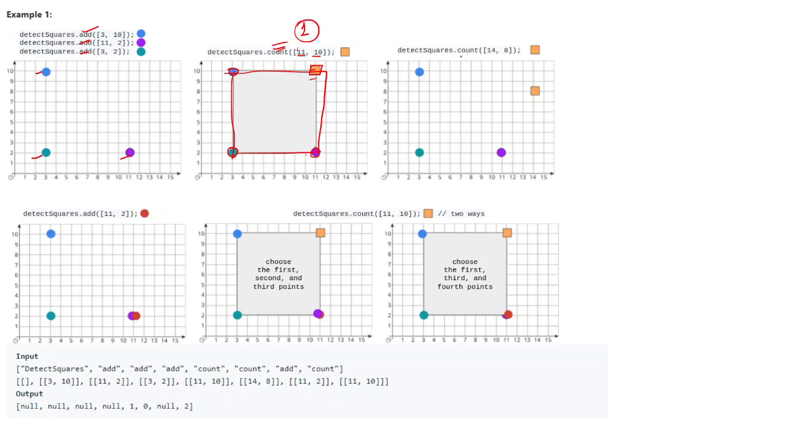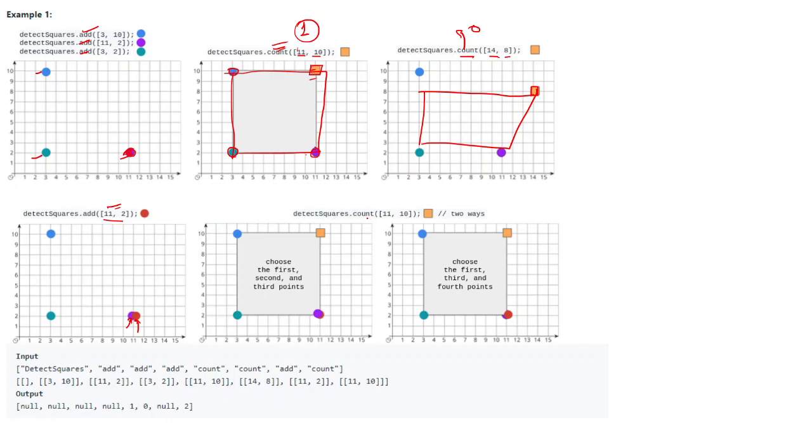Now when this particular count is again called with this particular coordinate, see this is the coordinate. So basically first you will check whether the square can be formed itself or not. So here you can see that square cannot be formed, okay, in any way. Okay. Now if the square itself cannot be formed, then the number of squares is a vague question and we will return 0 here. Then they have added 11 comma 2. Keep in mind that they have already added 11 comma 2, so here they are adding duplicates, and you can see they have provided 2 colors for it. That is, they are considering both of them as different, okay, as we have seen in the previous slide.